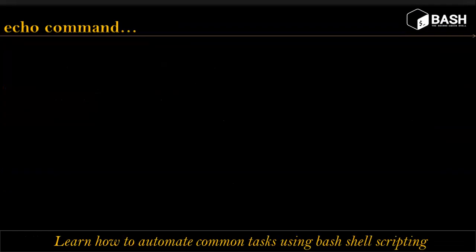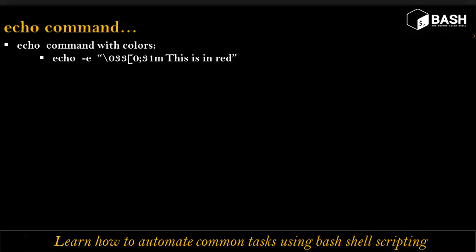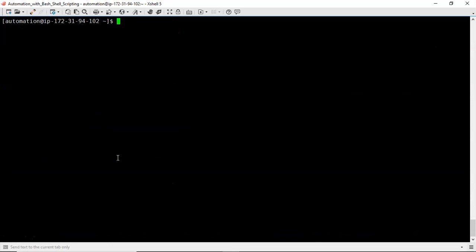Fine. Now we have one more usage of your echo command, that is just to display your messages or output in terms of colors. If you want to display your output in colors, you have to use the -e option again. Then you have to provide some color code. Be clear, if you want to execute your color codes, you have to use echo -e, and quotations are mandatory. That's the reason all the time I'm using double quotations for the echo command.